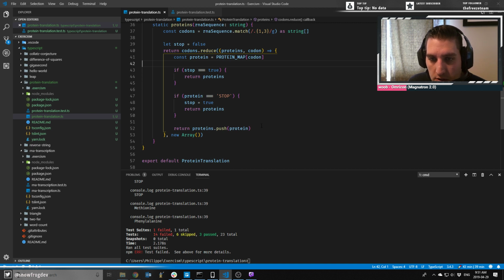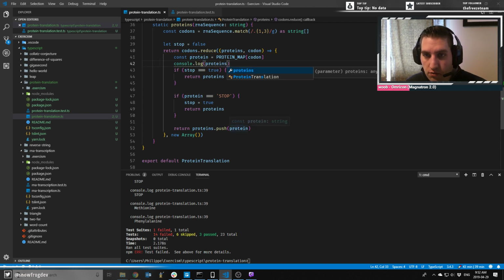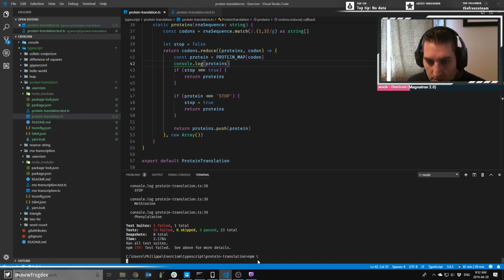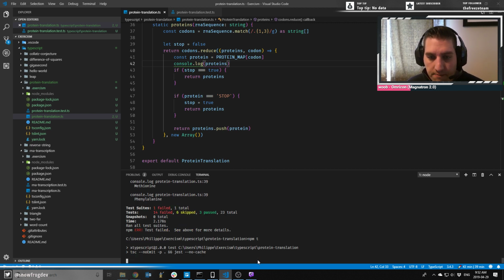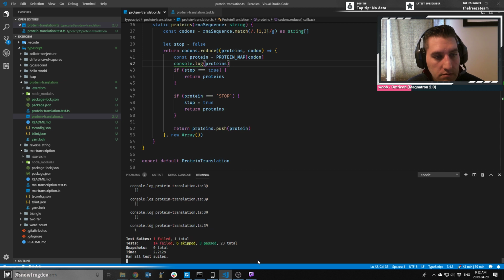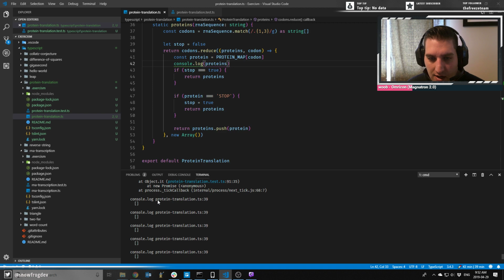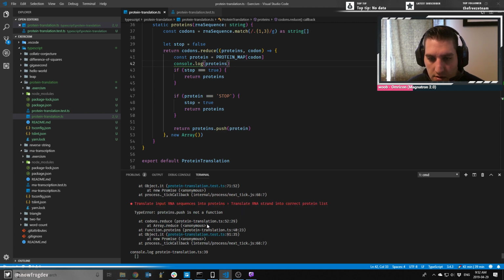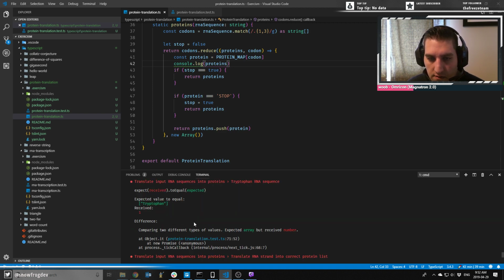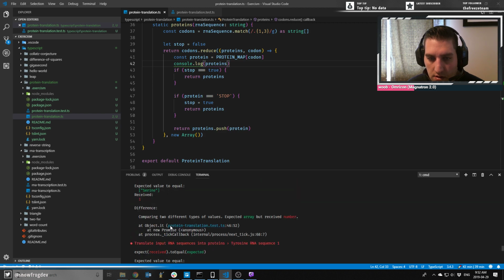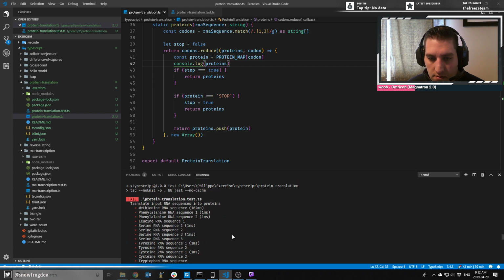I am curious. Let's see what we get on every, in terms of the accumulated proteins array, because I think that's the problem. Problem is clearly there. All right, so we're getting an empty array at first. Oh, and we're also having some kind of